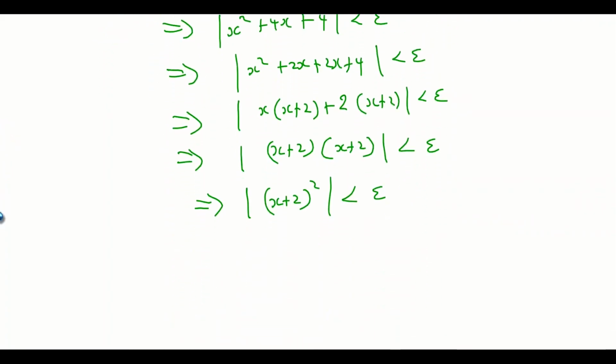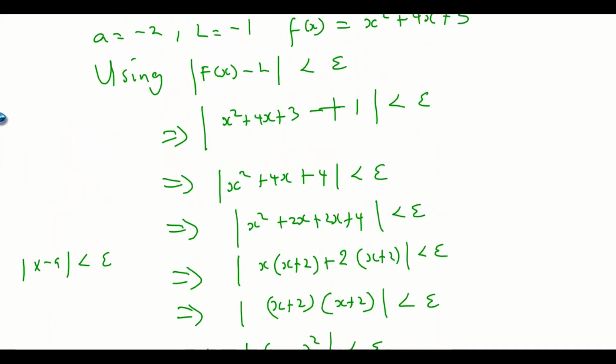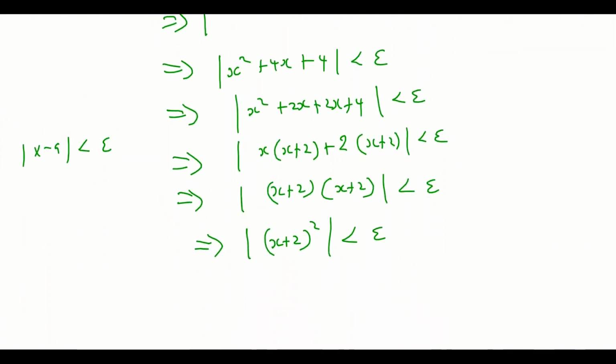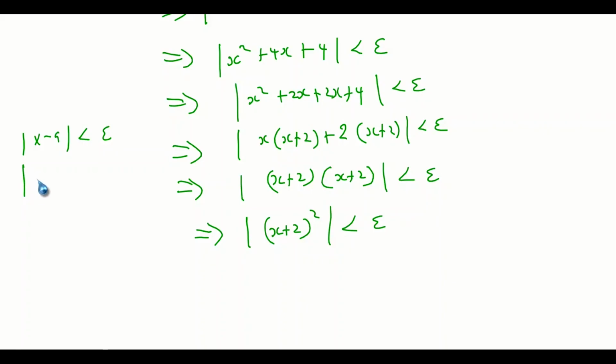So if you compare this one with the absolute value of x minus A, and the value of A is minus 2, that means this is x minus negative 2, like this. This one is less than delta. So from here now, if you see the correlation between them,